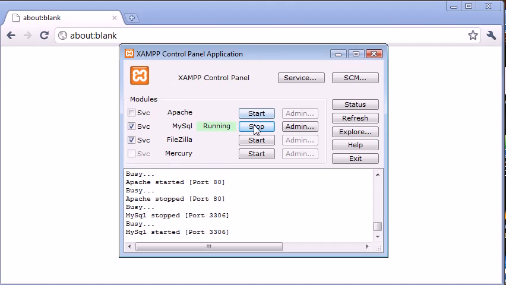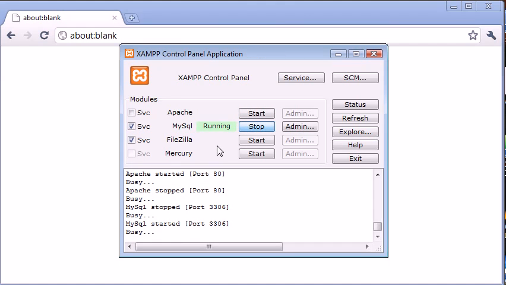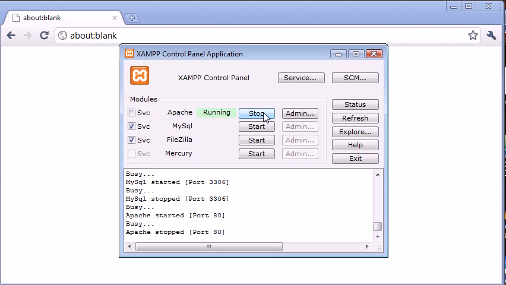Okay, so they're going to look something like that, and to start them you're just going to simply click start, and vice versa. If you need to stop them for any reason, just click stop. So now that they're both running, we see here Apache started on port 80 and MySQL started on port 3306. Now to access